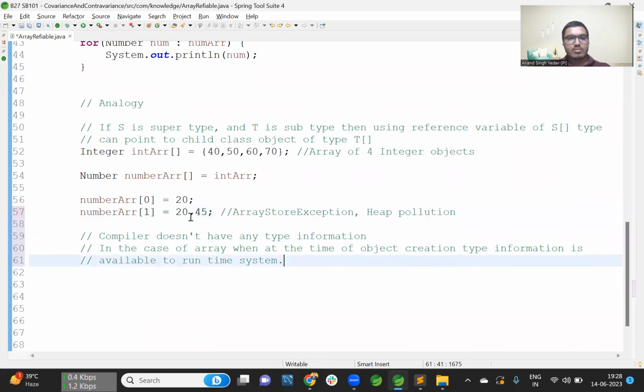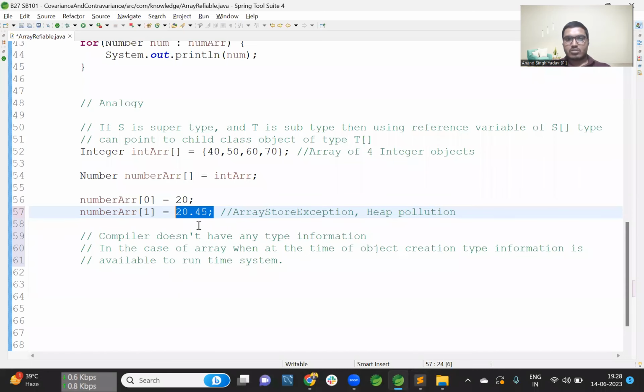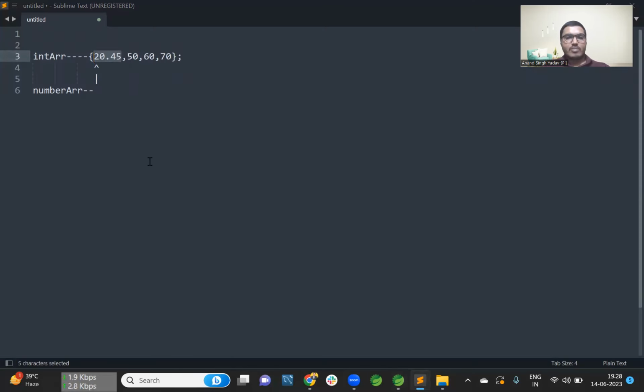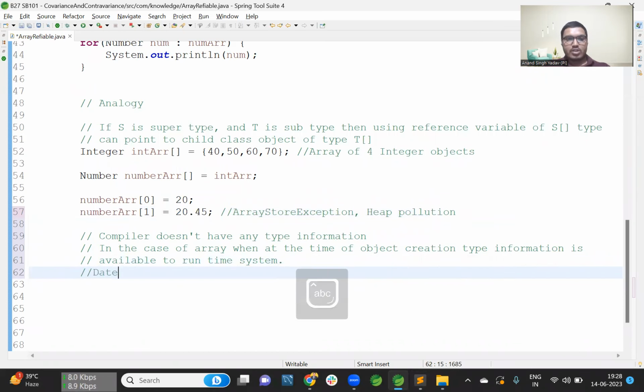Why? Because if an integer array is there and you are putting a double value, this is not allowed, right? Otherwise later on you could put anything, you could put a string as well. So in the case of an array, the runtime system has type information, right? So we can write here one important thing: a data type whose type information is available to the runtime system is known as